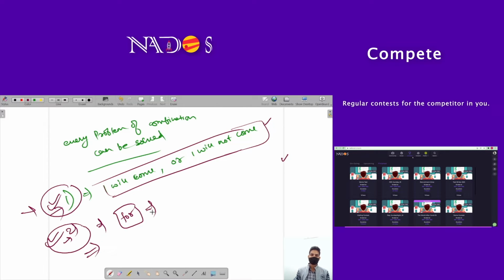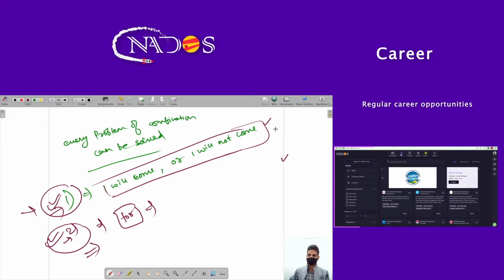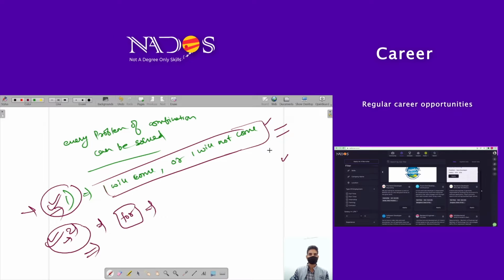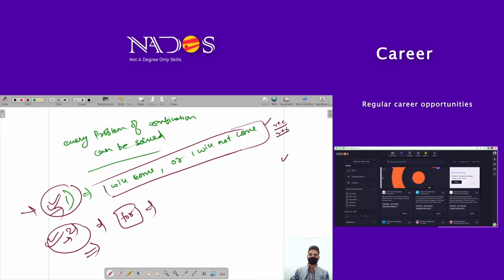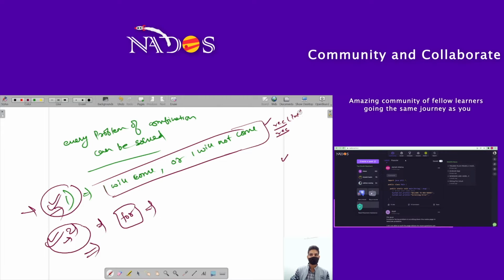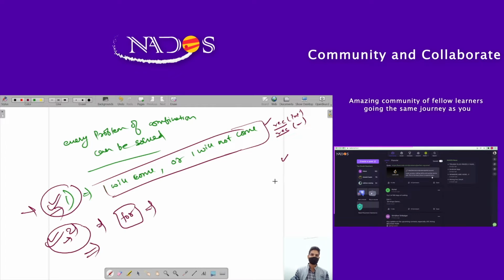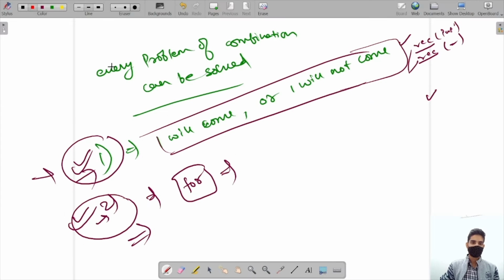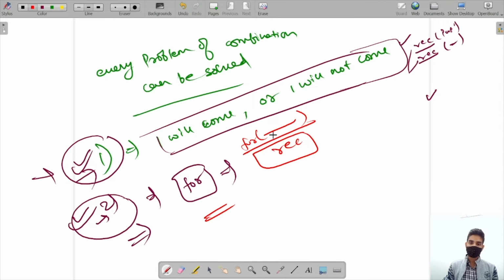In this method, we are making two recursion calls. Firstly, we are putting our item, and in the second one, we are not putting our item. These are the two calls I discussed in the previous video. In the second method, we will not make two recursion calls. Basically, we will put our recursion call into a for loop, which will traverse over all the boxes.